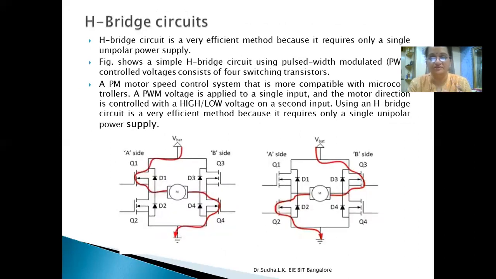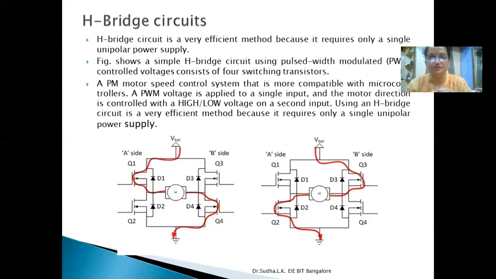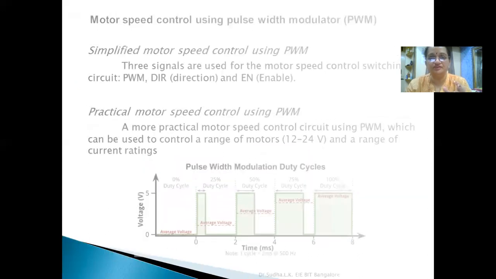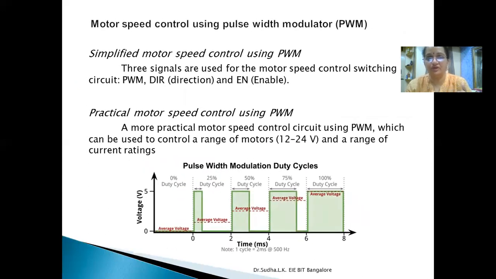This automatically generates a high level as well as a low level signal. When this type of signals are generated with the help of the H-bridge circuits, we can go for pulse width modulation. So we can find zeros and ones, a set of pulses generated with the help of the H-bridge circuit. With these H-bridge circuits, we can easily find out how the duty cycles can be generated for different levels of voltage given to the DC motor.